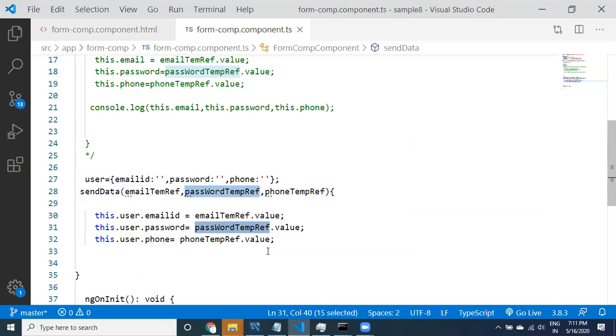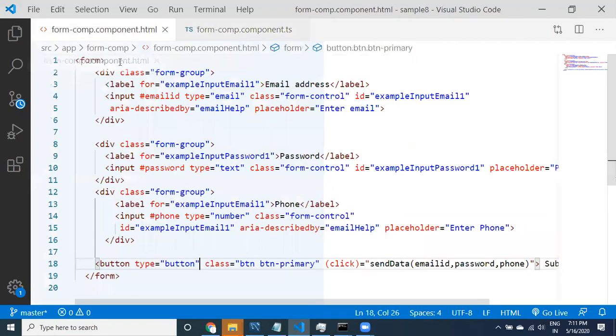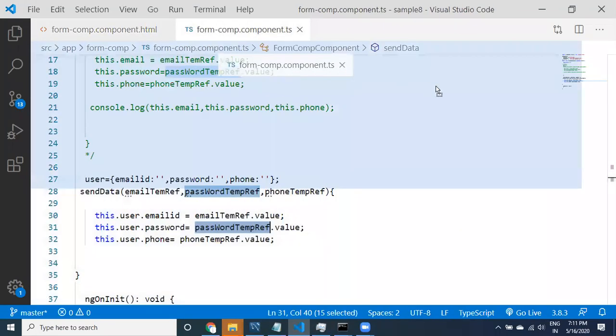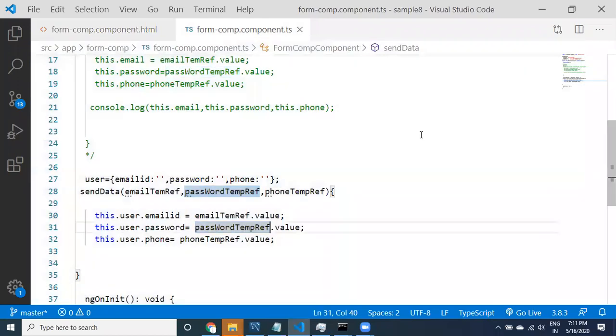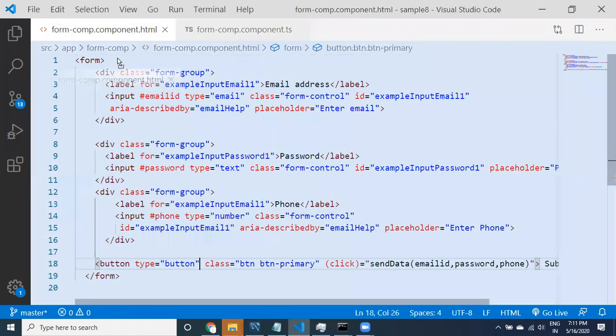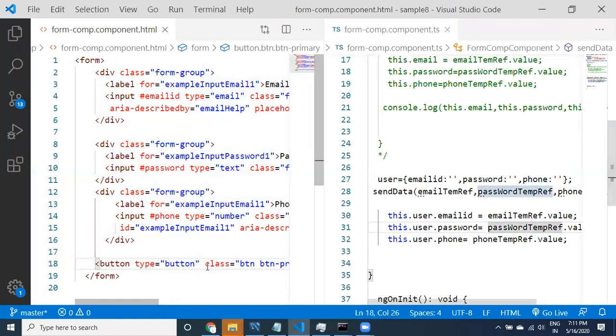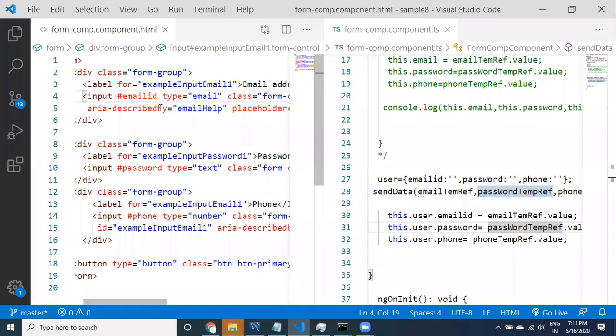Now whatever data the user has entered, see here guys, in these text boxes the user is going to enter, right? This data is going to be set into where? This JSON.